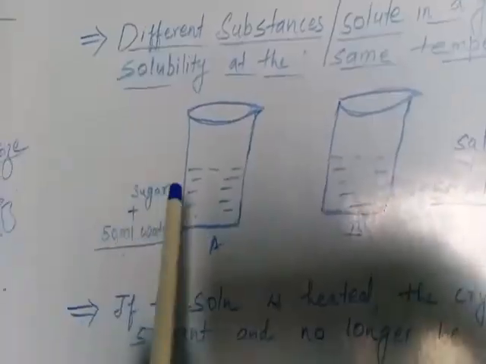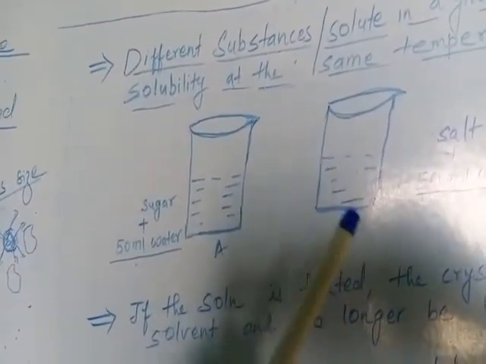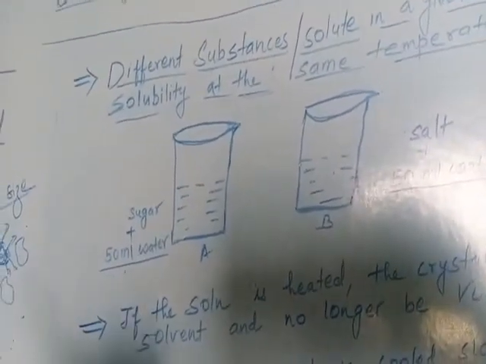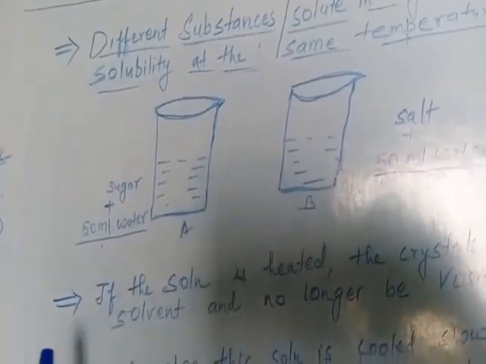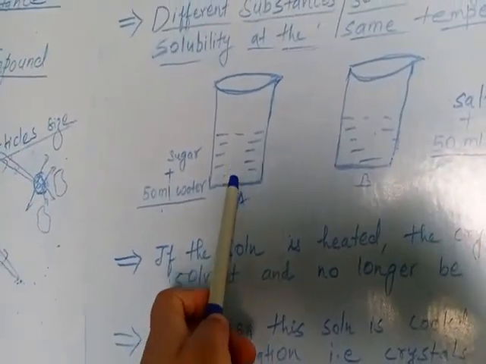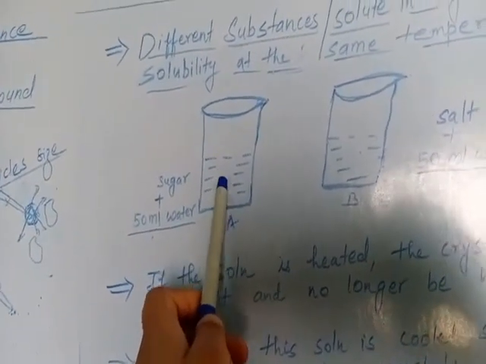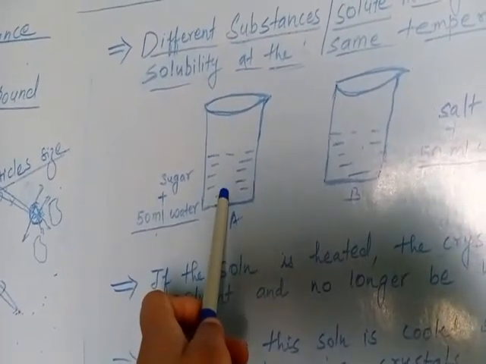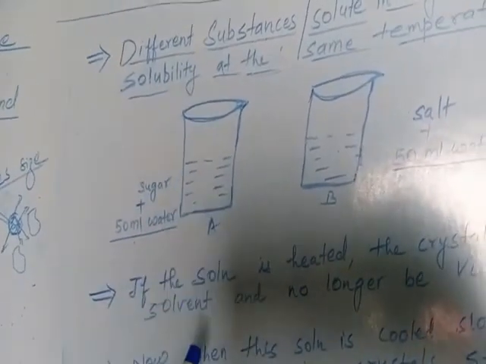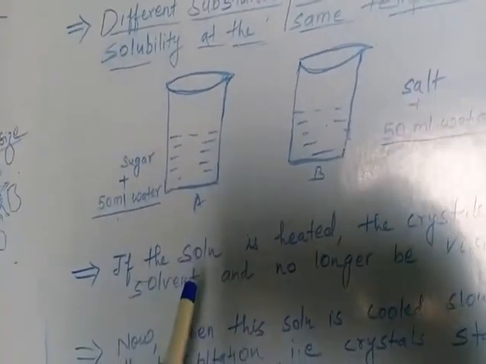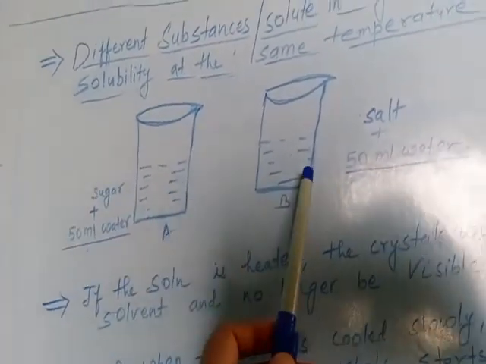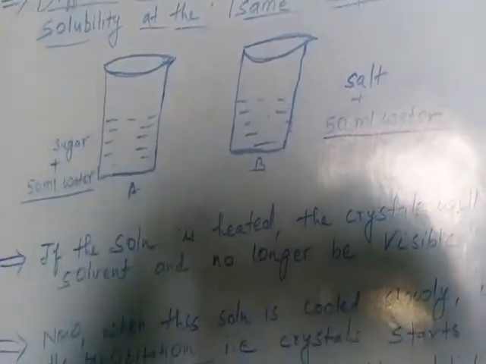Now what we do is we start cooling both the beakers slowly. That means we start decreasing the temperature of the solution. What we will observe is that whatever sugar dissolved, and whatever sugar we added on heating, starts reappearing. The crystals reappear on cooling. So you can see the precipitate of sugar crystals and here the precipitate of salt crystals on cooling.